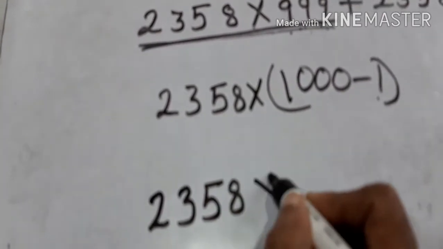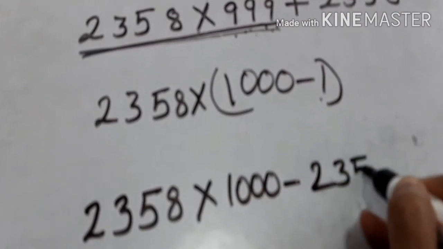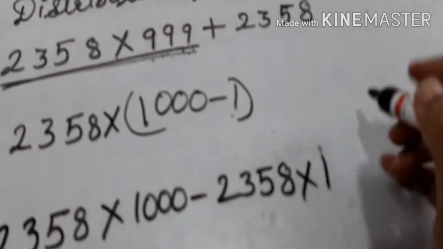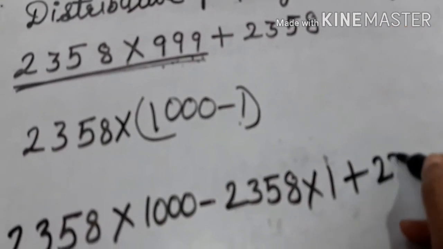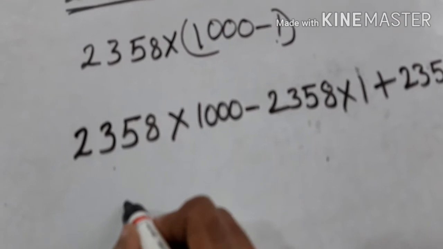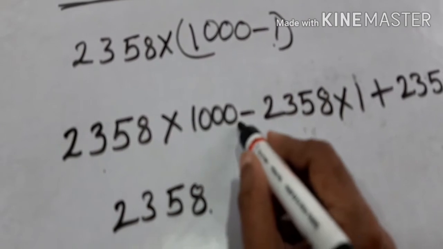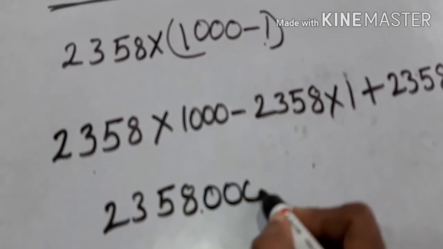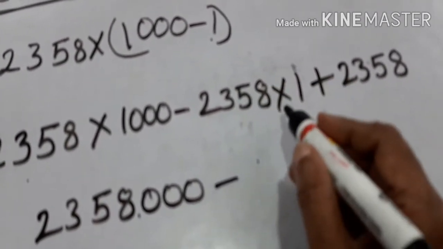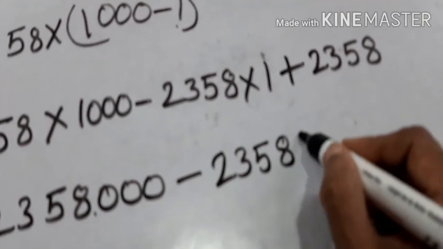2358 into 1000 minus 2358, because when you multiply with 1 you will get the same number, and this part we are writing at the back side, 2358. Now whenever we multiply with 1000, we simply write down the multiplicand as it is, and its 3 zeros are written to the right hand side. So this is the easy short trick method, and it is the multiplicative identity. So whenever we multiply with 1, we will get the same answer, plus